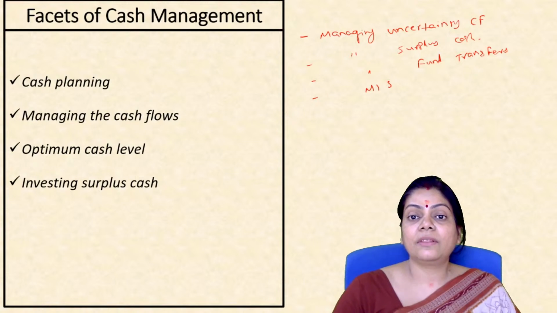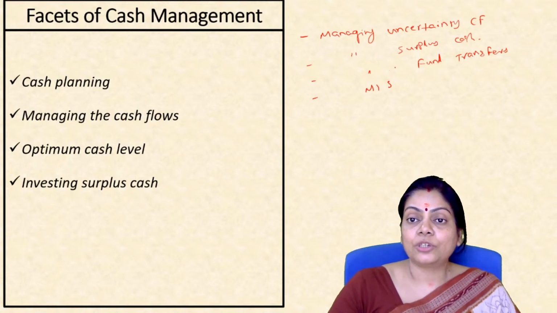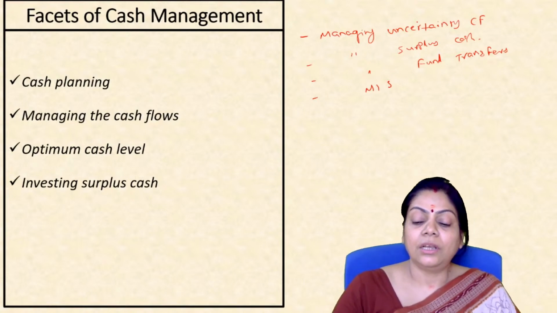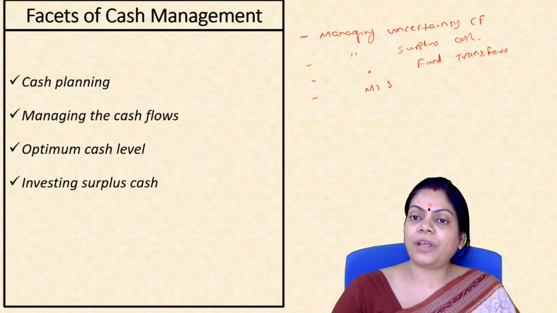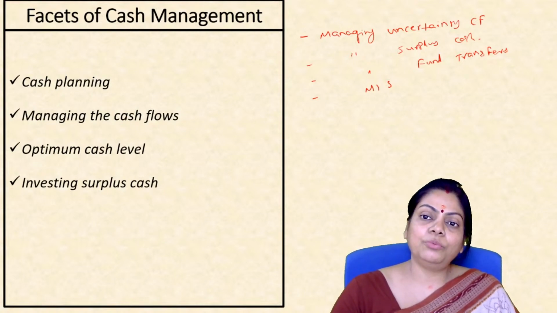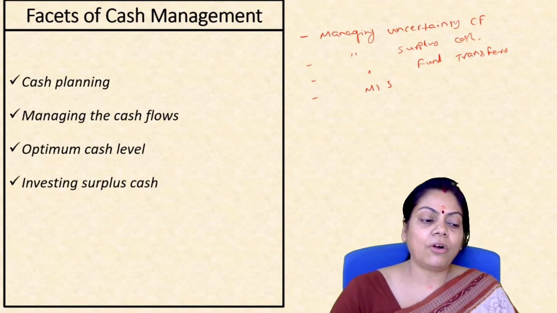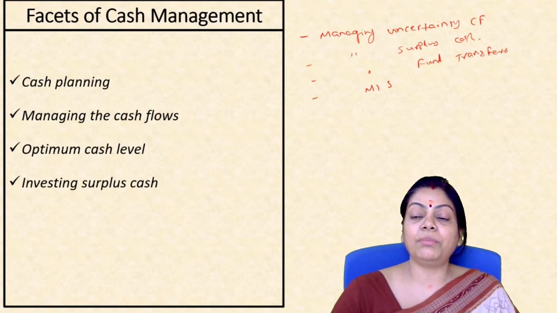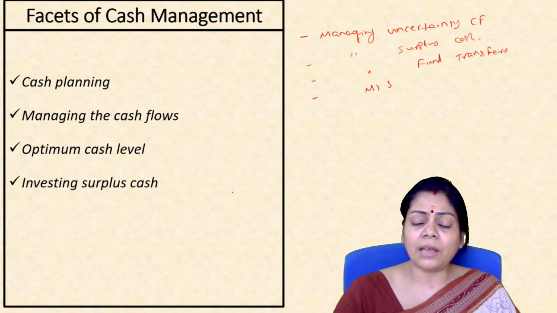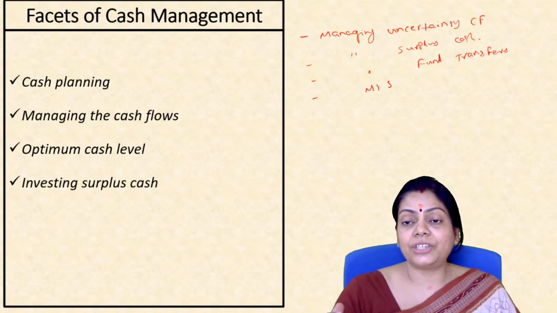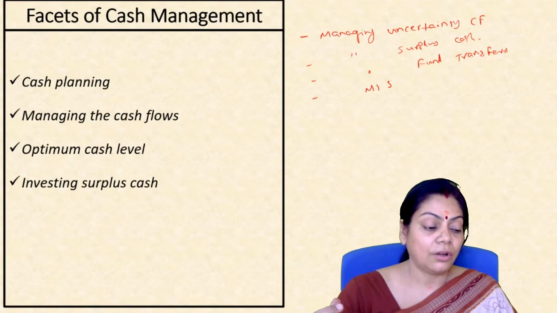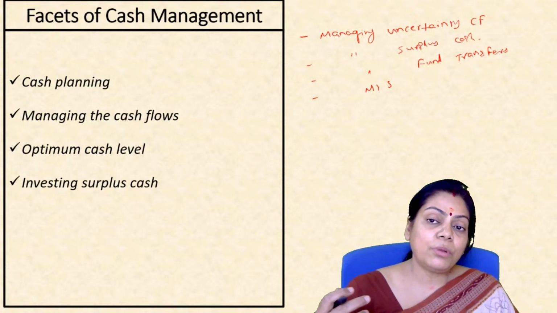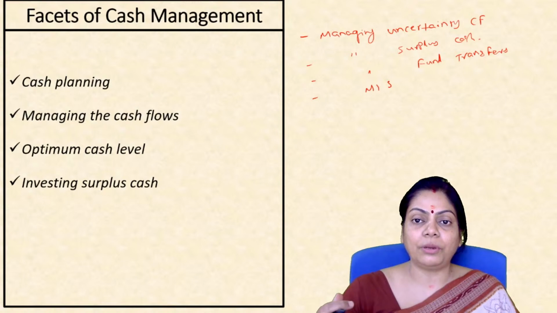Now you can imagine that because there is uncertainty, so what can you do? Yes, you will have the regular requirement of cash in hand, plus you will have to have some extra cash, which you can talk about as a safety stock that you can manage for the cash. So you are basically having some additional amount of cash to deal with the uncertainty. But then how much additional cash, that is also important.